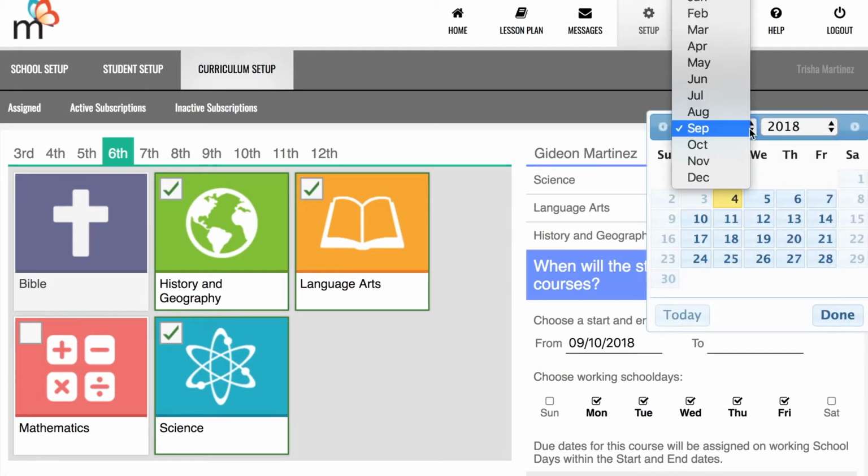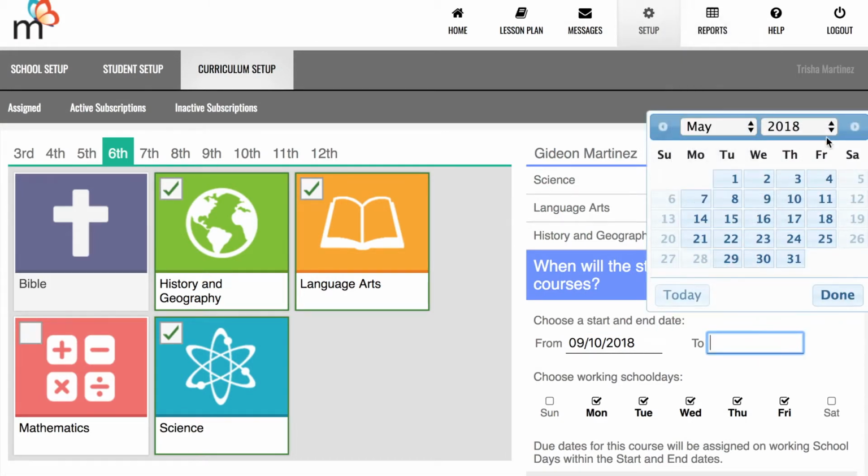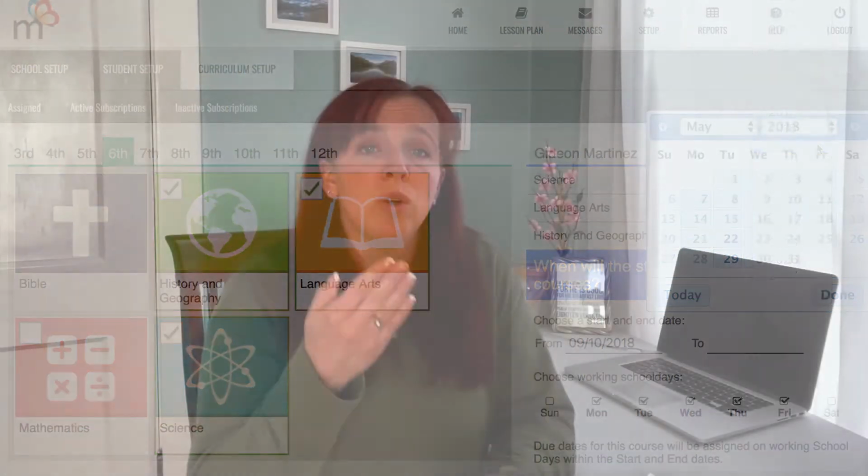You can put in vacation days at different times and when you want your breaks to be, and it will automatically schedule things out for you. Now, say you're going along and everything's going great, and then the flu hits your family and everyone's down for the count. Well, you can go into Monarch's dashboard and you can just reset where you want to start from